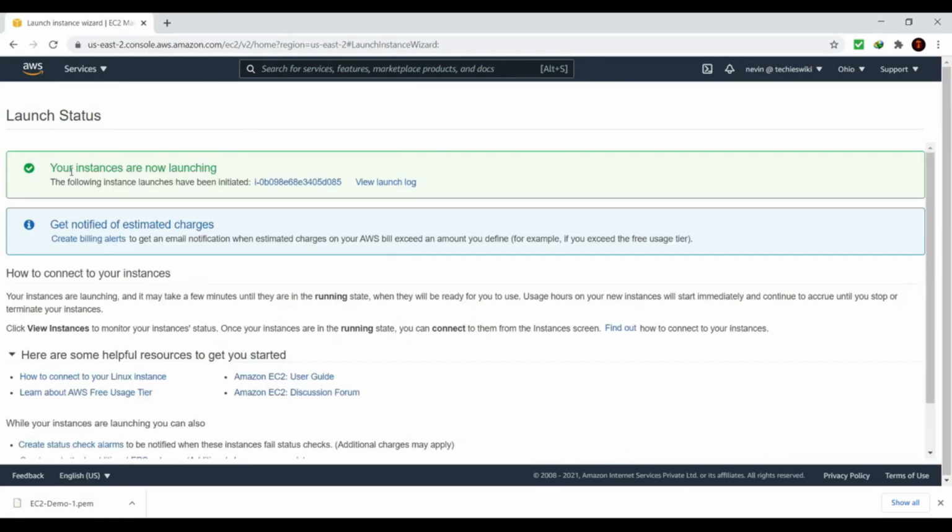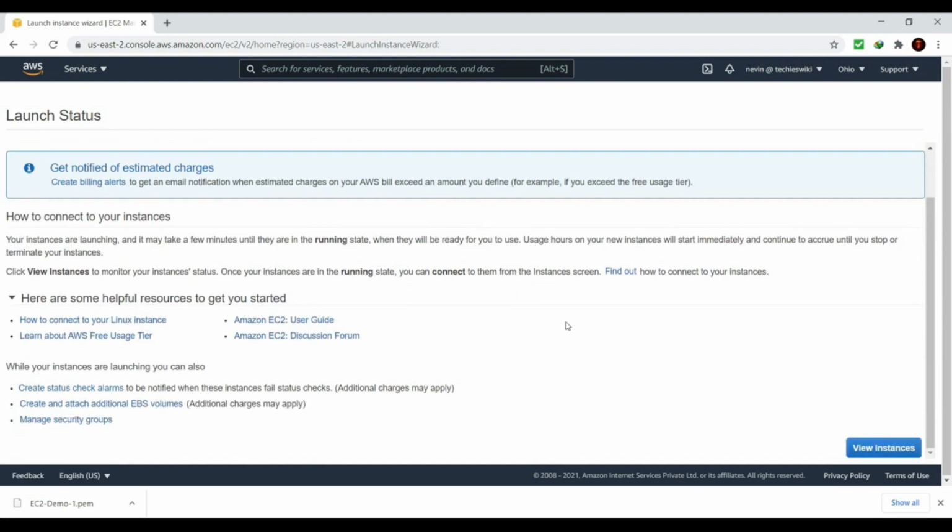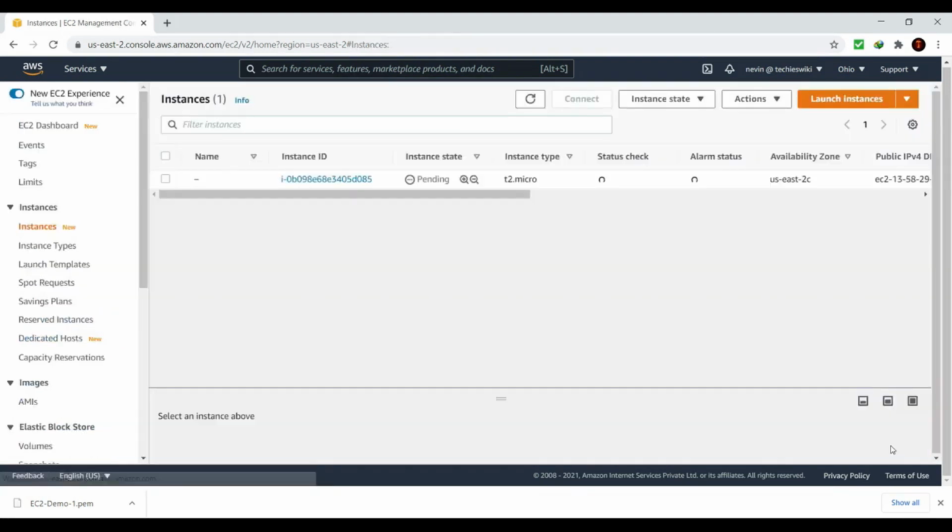So the instance is now launching. You can go down and click on this view instances button. As you can see, its state is pending, which means it is coming up in a few minutes. So let's wait for that. In the meantime, we can switch to the old view, which is easier for me.